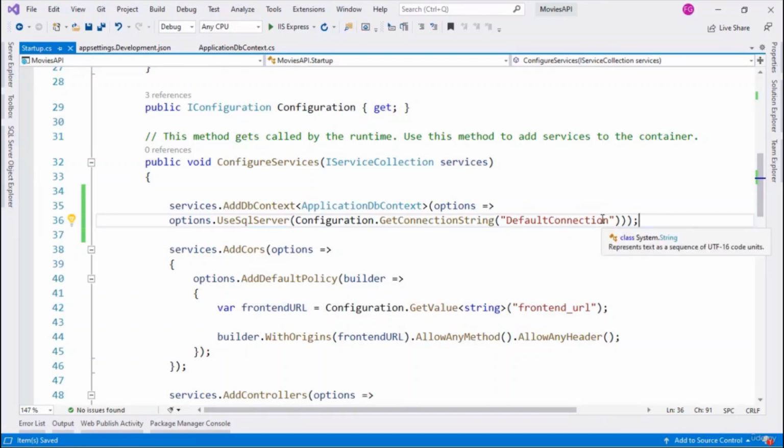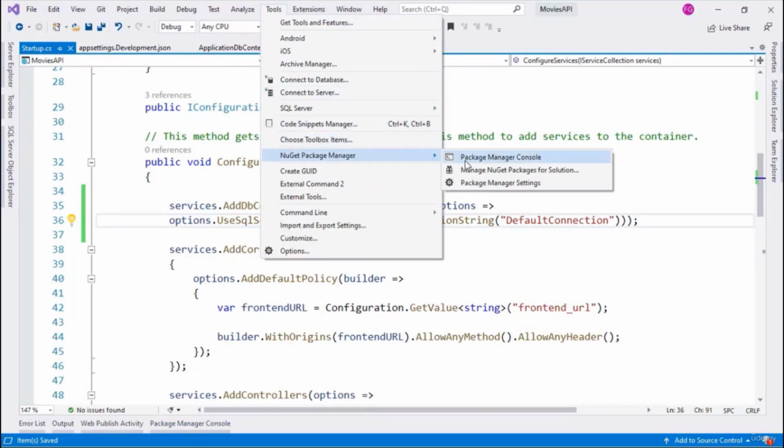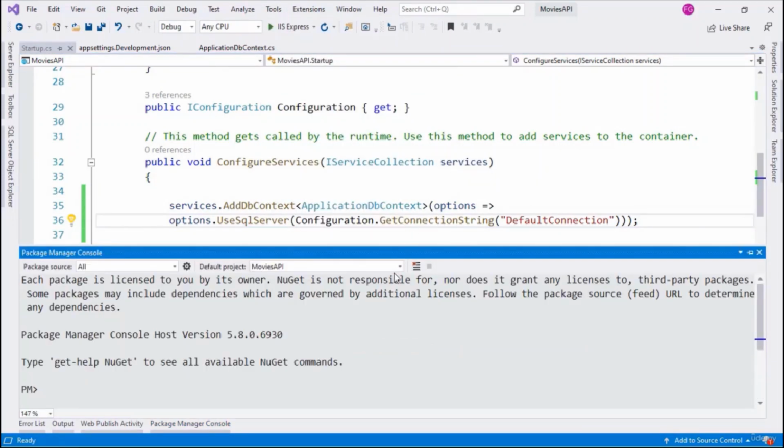If you are using Visual Studio, you have to go to the Package Manager Console, which I have here, though if you don't have it, you can always go to Tools, NuGet Package Manager Console, and if you are using Visual Studio Code, you can go to the command line. In Visual Studio, I can say Add-Migration, and I can name it whatever I want. I like to call it Initial for the first migration. If you are using the .NET CLI,